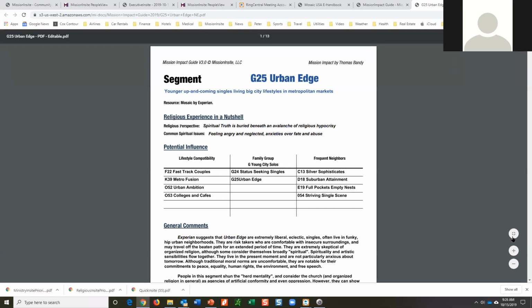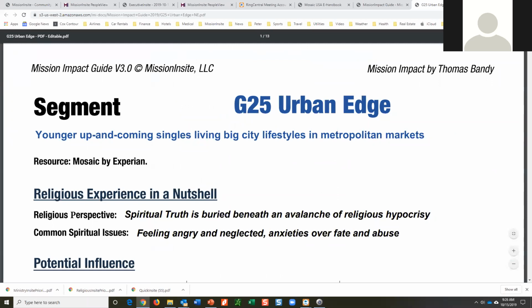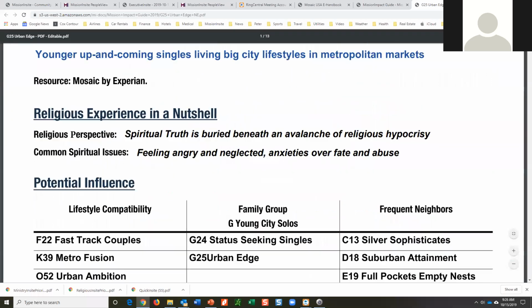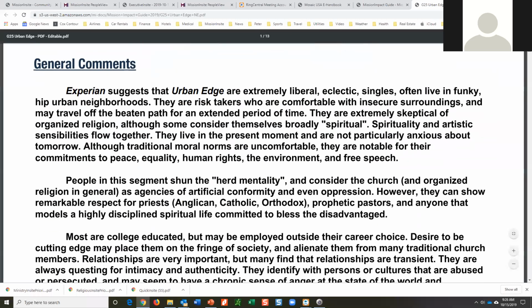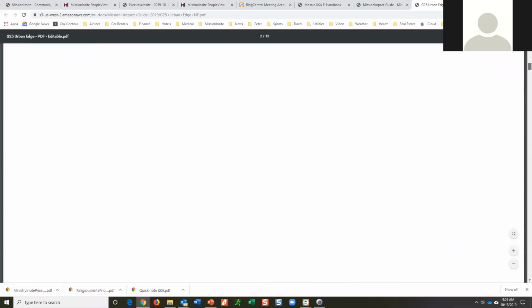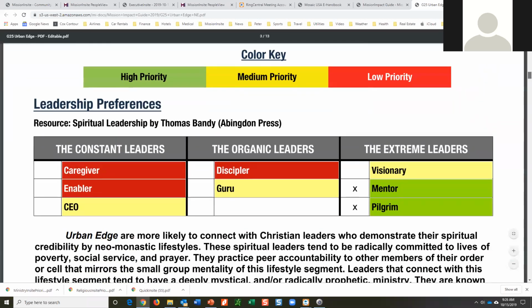For each of these classifications or segments, as they're called, Tom takes the information from Experian, presents that, and then says, given the information we're learning about these households from Experian, how might that affect us in terms of ministry activity?